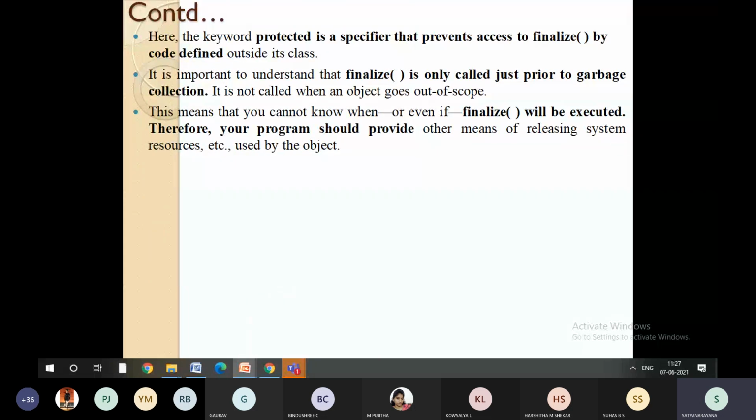So the finalize method is going to be a protected member of that particular class. When we need to call this finalize method, you need to call it before the garbage collection. That means within the program only you need to call it. You cannot call it outside the program.